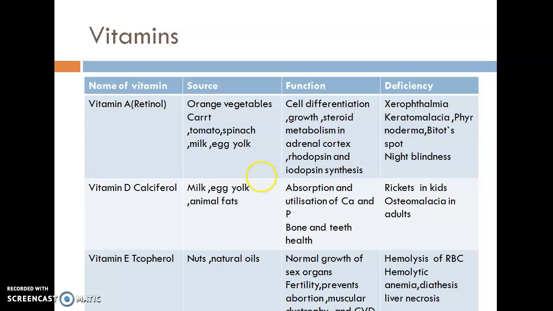It is needed for the sex organs and the endocrine organs, it is needed for the continuation of pregnancy, and it is required for normal childbirth. It controls the